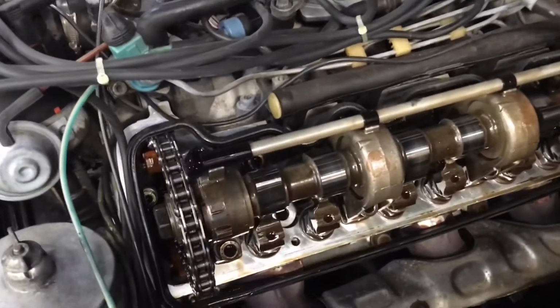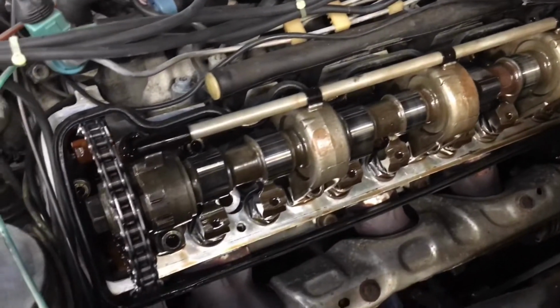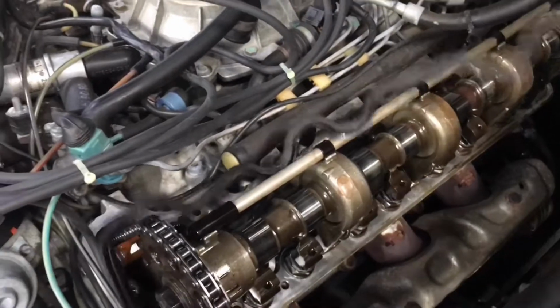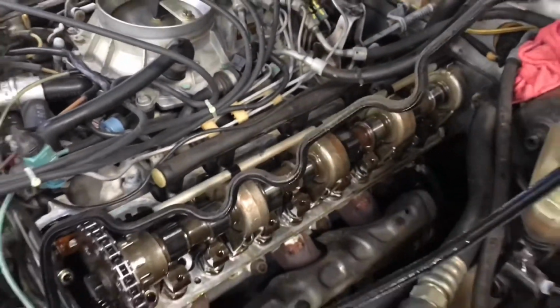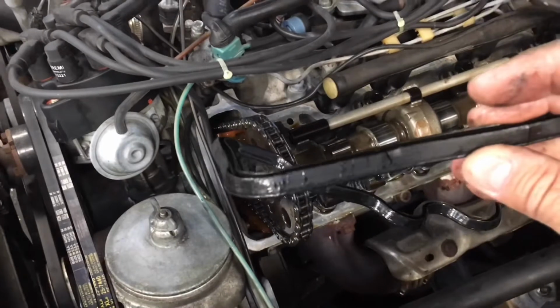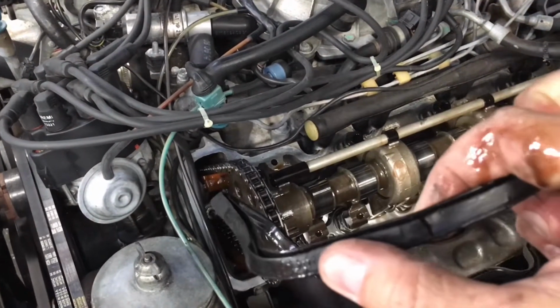Now you can just go ahead and basically inspect everything while you're at it, and we're gonna go ahead and remove the valve cover gasket, which in this case did not come out with the valve cover, but it is right here. The reason I'm removing it and I'm going to replace it, as you can see right here, you're going to see some cracks. Let me see if you can see better. Here we go. You see the cracks? There's one big crack over here,